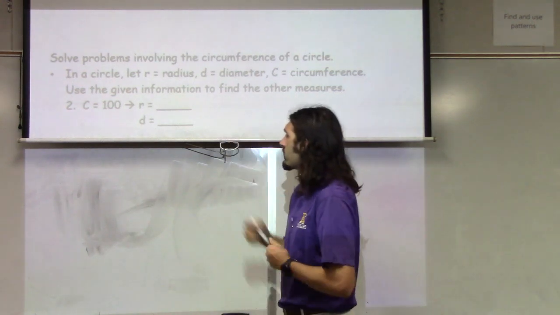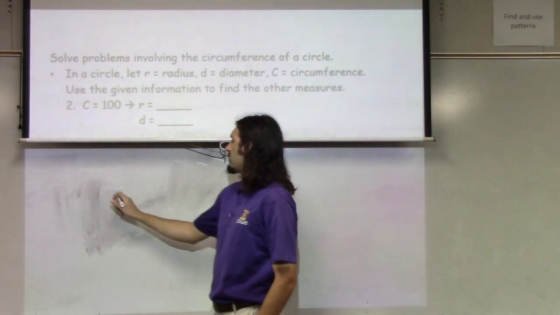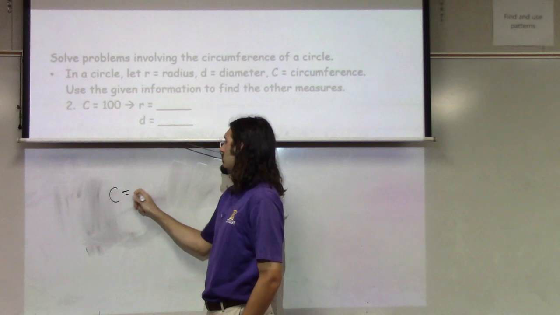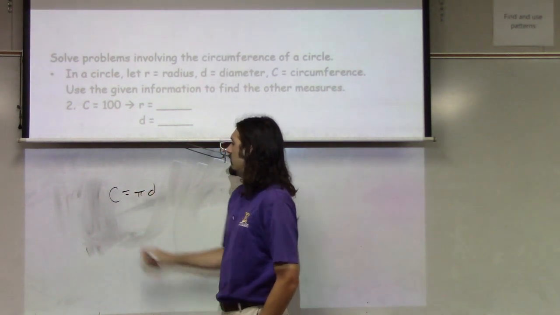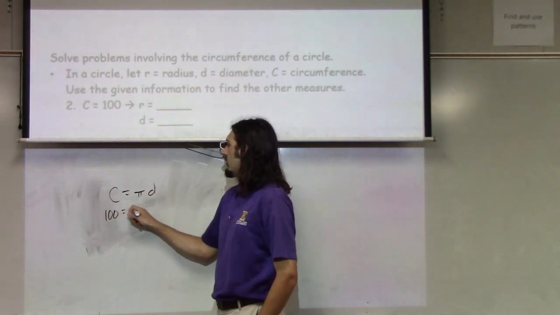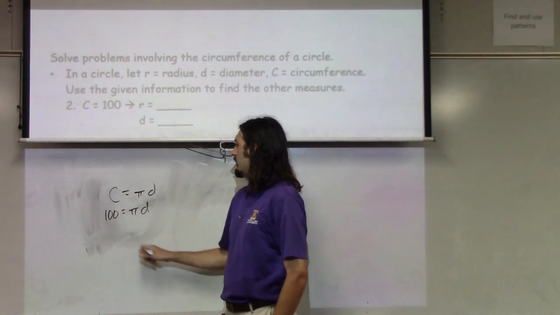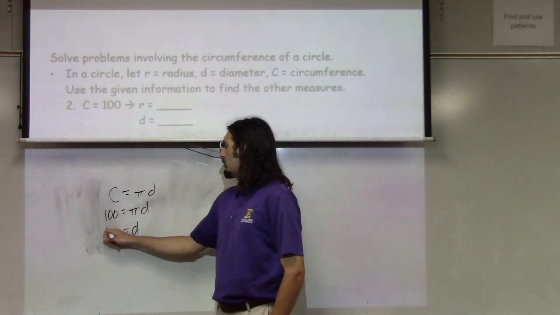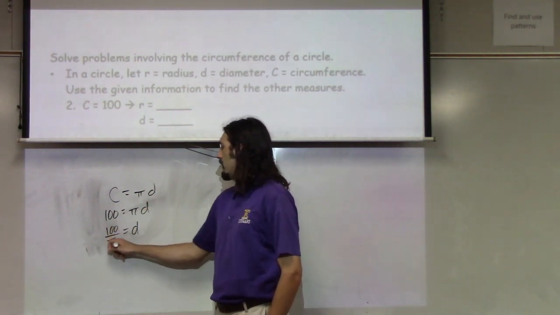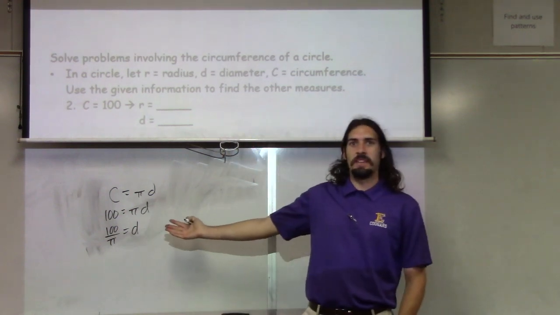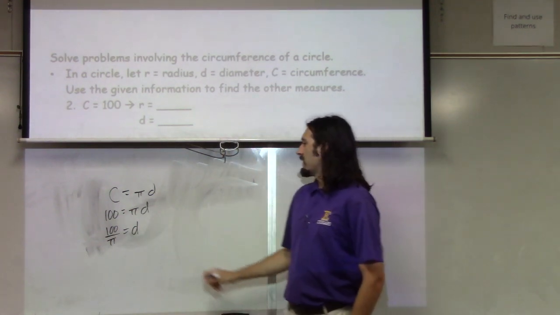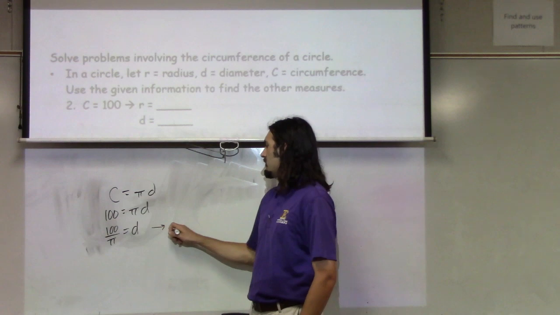Okay, so if we know my circumference is 100, and we know circumference equals pi times diameter, well, 100 equals pi times diameter. So in other words, diameter equals 100 over pi. We just found diameter. If I know what diameter is, and I want to take that diameter and turn it into a radius,